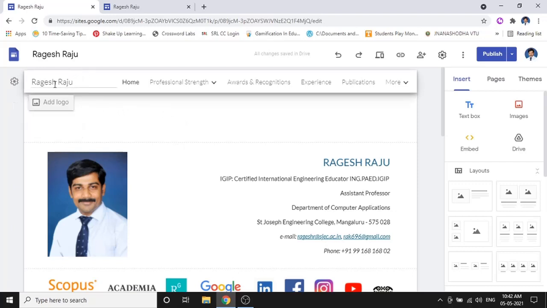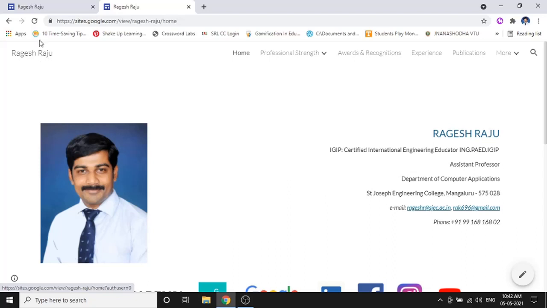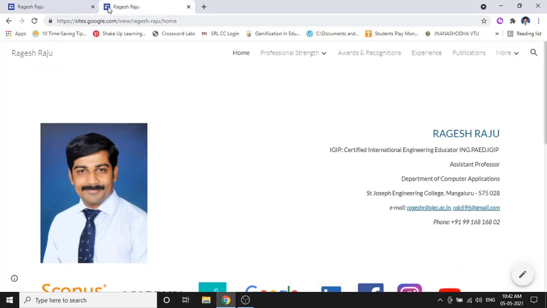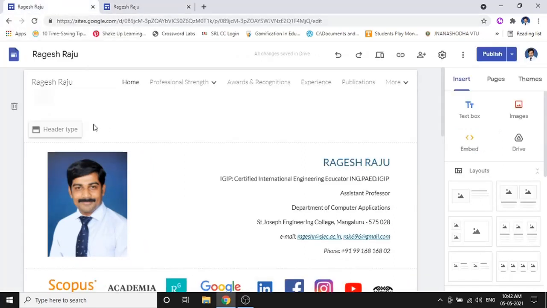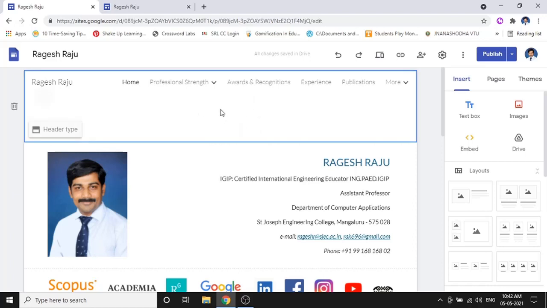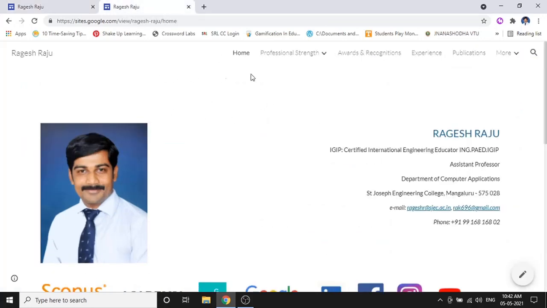The first one, if you see, this is the name which I had given for my website, which will be displayed for everyone, like how you see it here. I have not added any logo for it, as well as I have not added any favicon, so that is why no favicon has been displayed here. The header type which I had given for the front page is the title, but I have not added that title part. The text box that was there, I had removed it, so that is why you can see a clean place here.